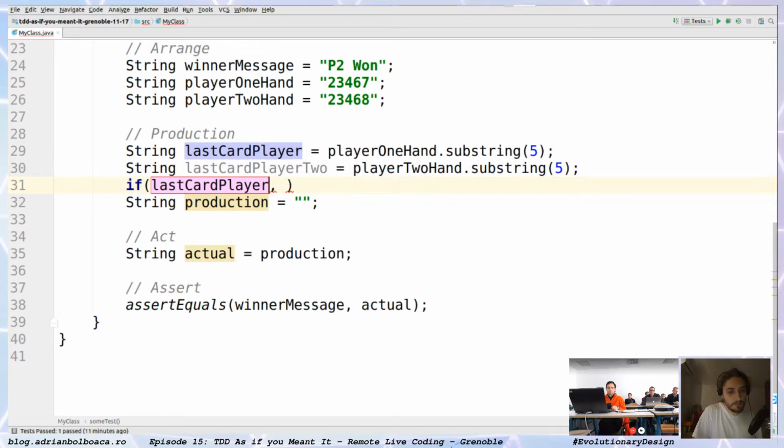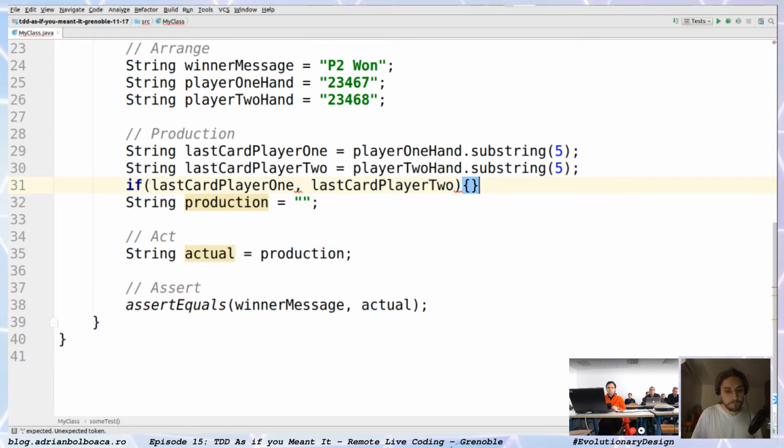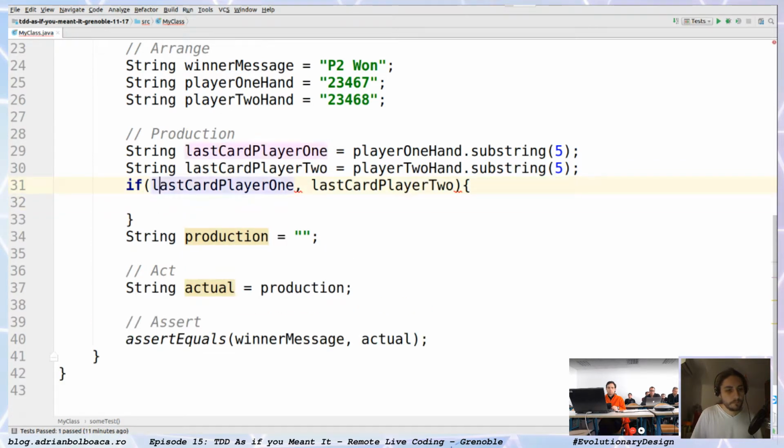Last card player 1. Okay. So here I need to make a comparison and do something like this. So this should be